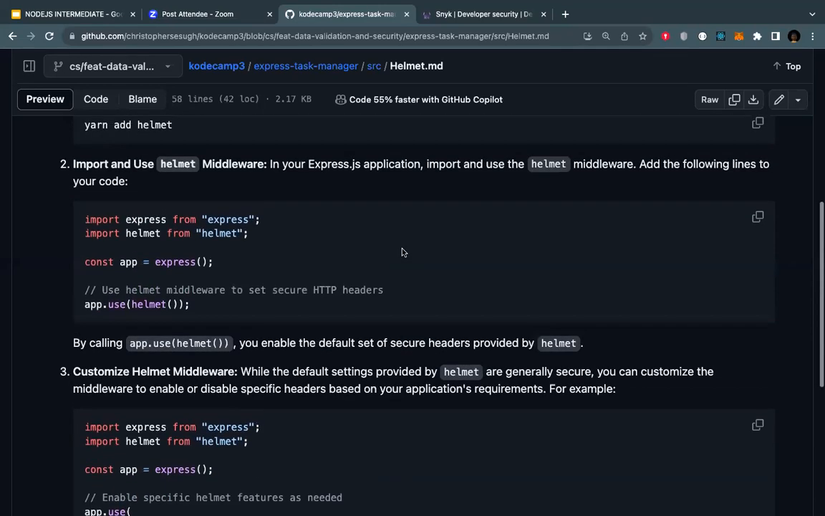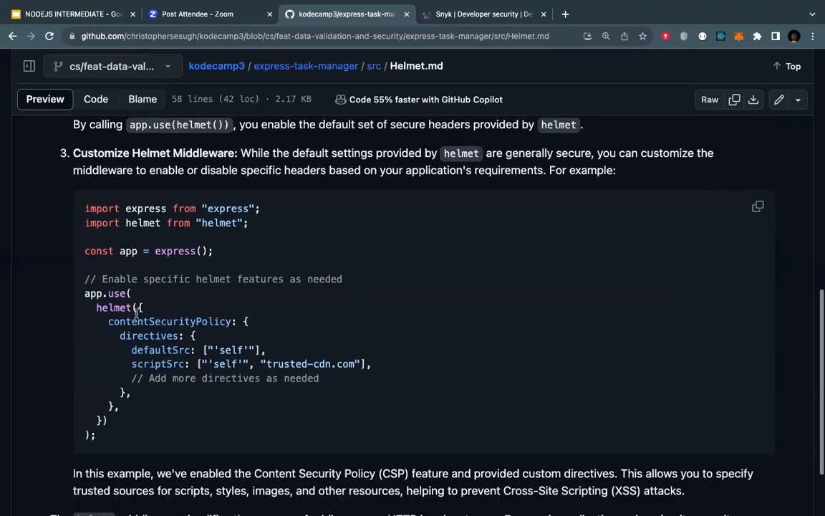Okay, so let's go ahead and use helmet and then the content security policy here. Then we've got directives: default source, self. The default source is the source of the application. Then the script source, self, and then the trusted CDN, where your scripts are coming from. Because immediately when you enable this, you cannot load scripts from outside of the CDN domain that you are inputting here. Say you are loading your script from Cloudinary, or